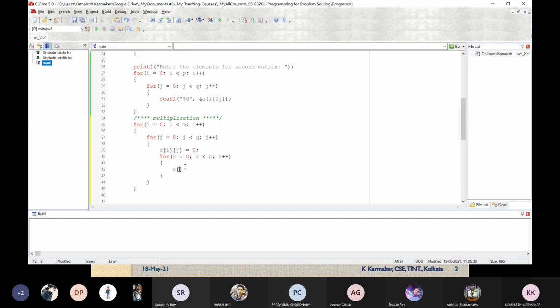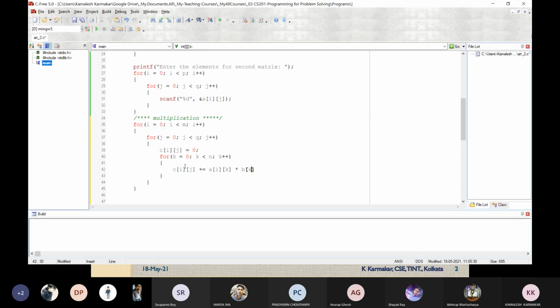So Cij plus equals aik multiplied by bkj. We have formulated it.